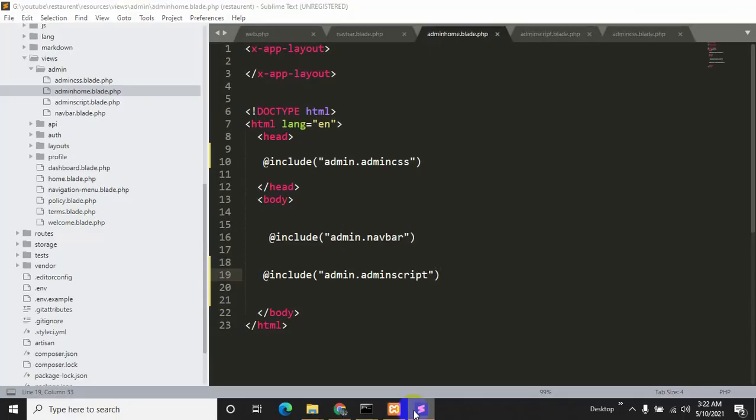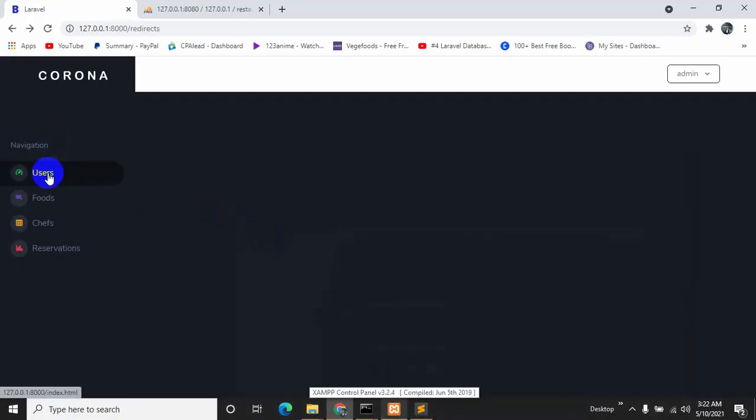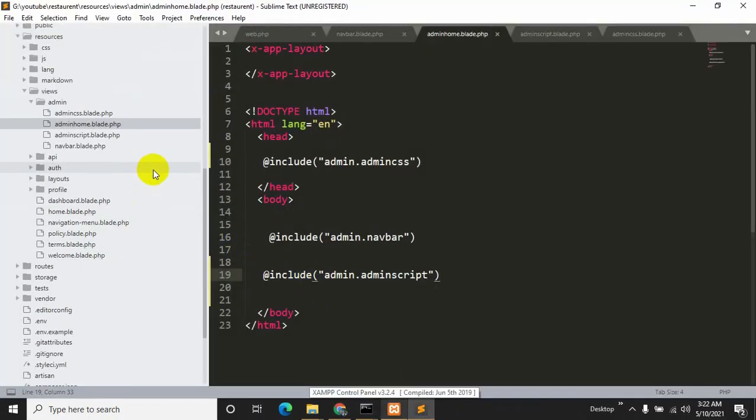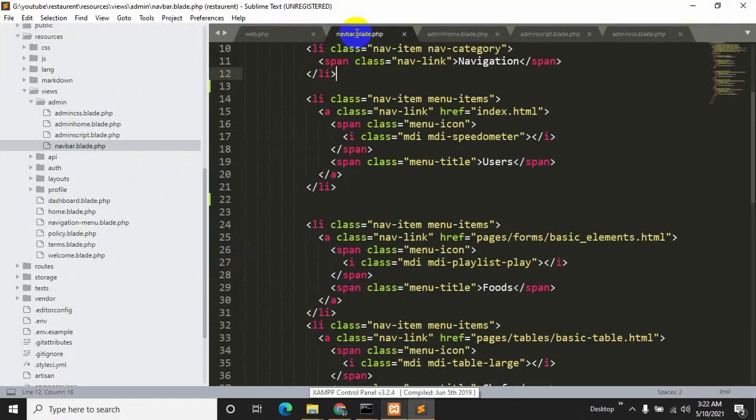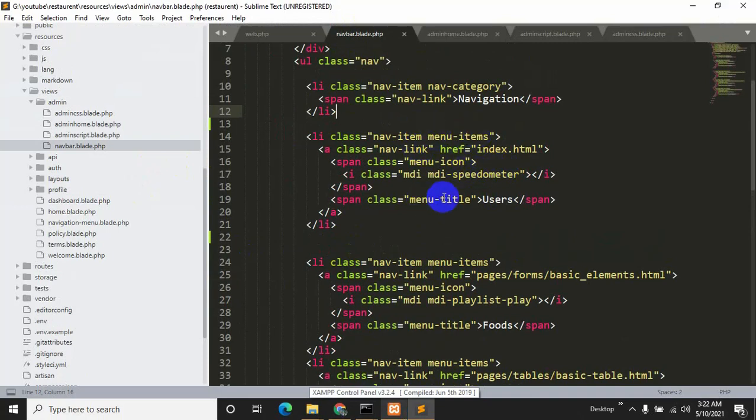Now what we are going to do is that if the admin clicks users, then it will show all the data. For this we need to go inside navvar and find user, and here you can see the user, and also an href. We will give a link inside it.